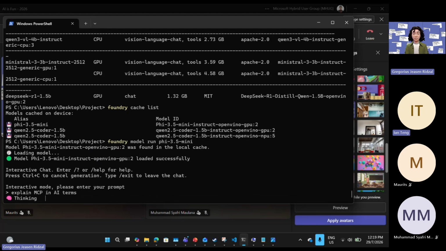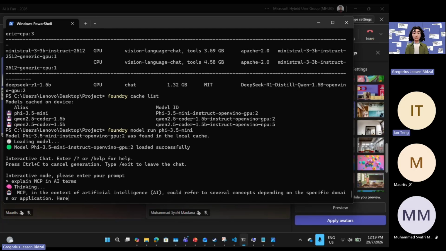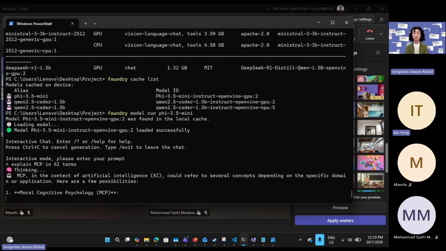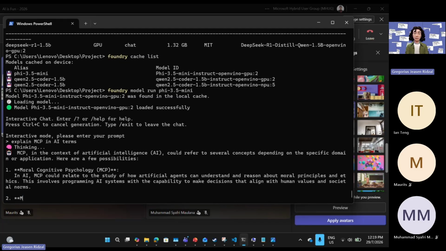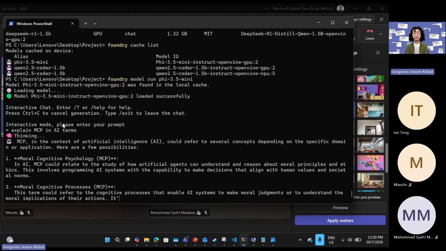When I ask this model what MCP is, it gives me all sorts of answers, like, well, MCP is not a thing. But if I'm not wrong, MCP was only introduced, I think, last year by Claude. So it's a relatively new thing, and that led me to figure out that this model is not very current.